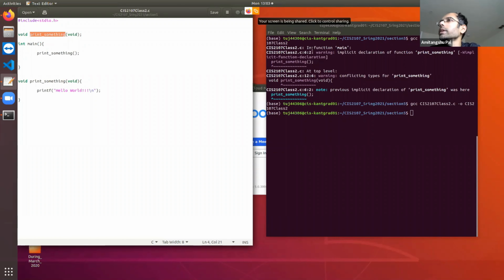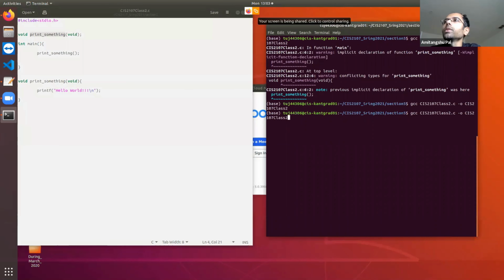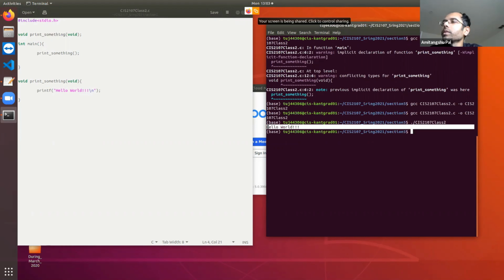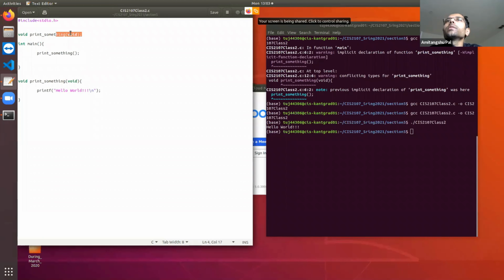So it is not going to raise any warning either. If you run this program, it is not going to raise any warning. Clear? And in that case, you can run it, and then it is going to print hello world.